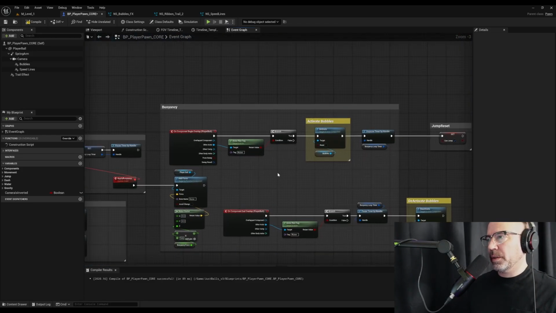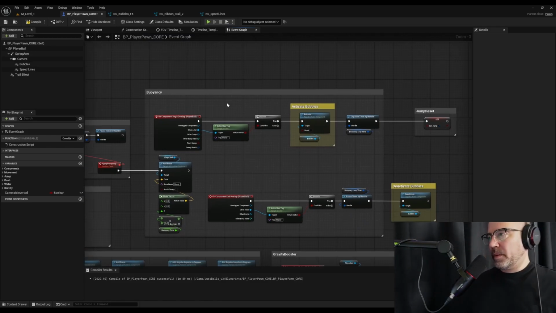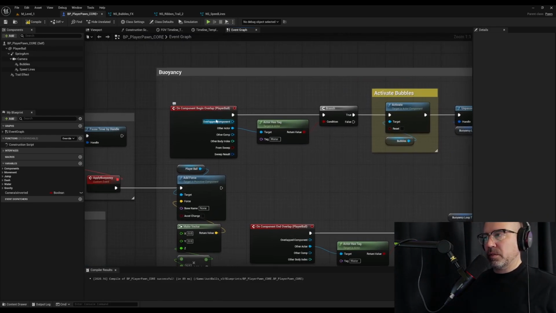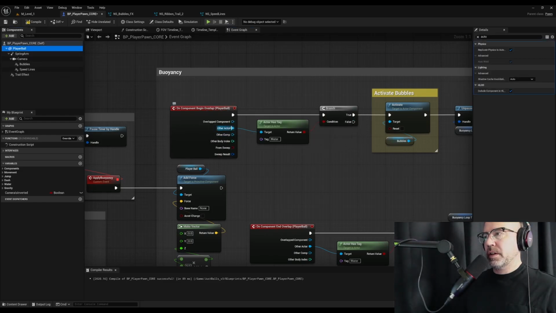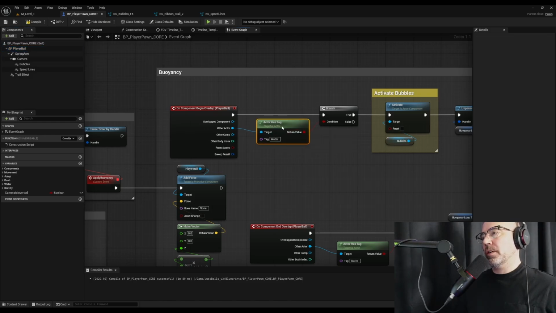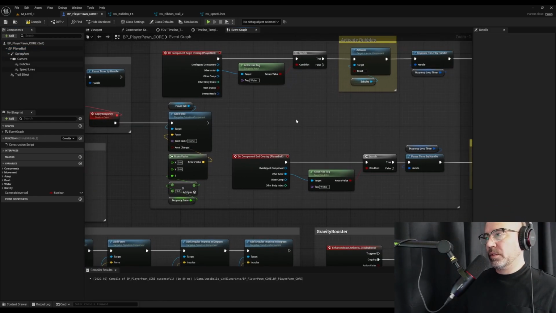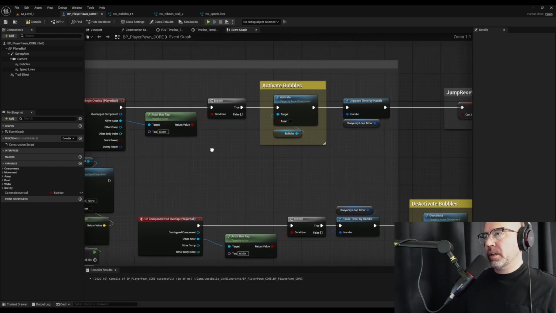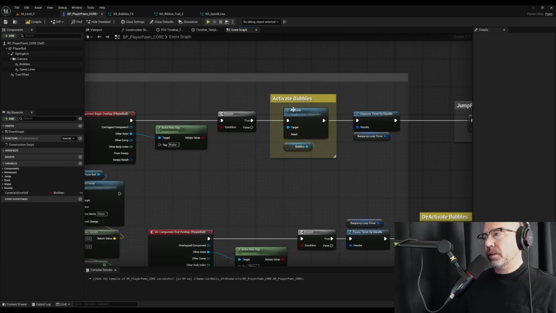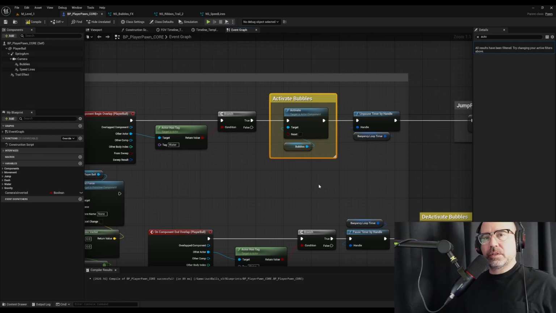This is the bubble one. It's attached to my buoyancy system. I have on component begin overlap. So when my ball, that's the player ball here, overlaps anything, an actor, pardon me, that has the tag water, that's how my buoyancy system works. It's a little more complicated than that, but as soon as it overlaps something that hits water, I am going to activate my bubbles particle effect,